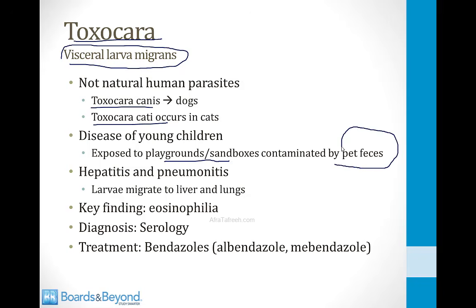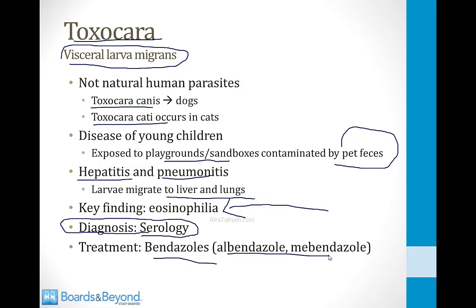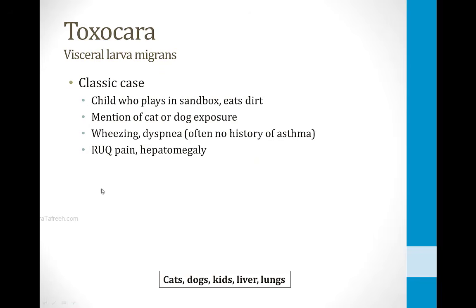Once the children get the Toxocara inside their body, they will develop hepatitis and pneumonitis because the larvae migrate to the liver and lungs. Eosinophilia will be present, just like it's present in many of these helminth infections. And you can diagnose it with serology, looking for antibodies to the worm, and the treatment for Toxocara is benzimidazoles like albendazole and mebendazole. So the classic case is going to be a child who plays in a sandbox or